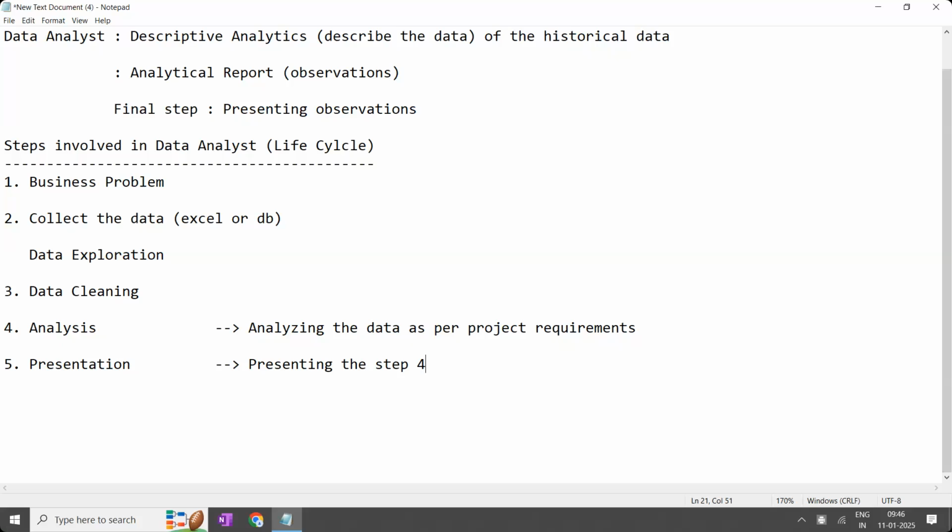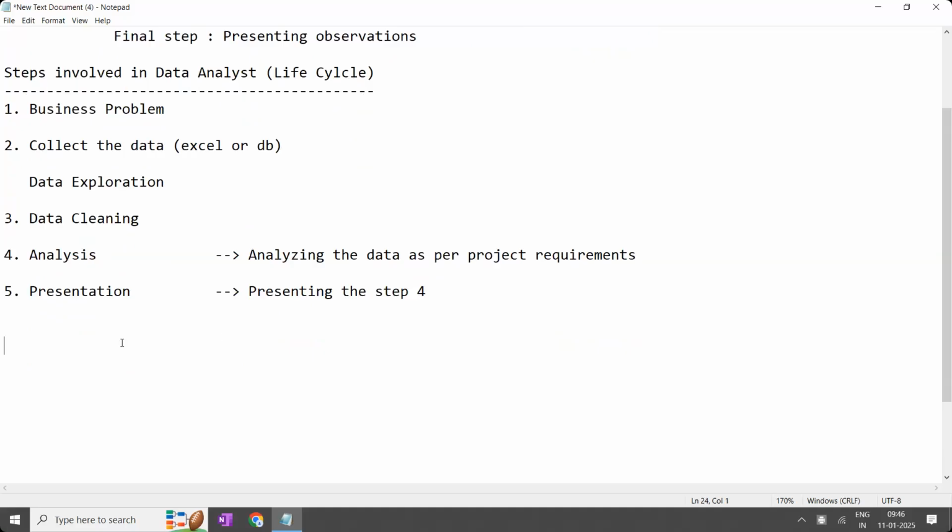So the requirement differs from person to person, and based on the requirement we do the work. When we are doing all these things, we have different options: Excel, Python, SQL, and Power BI. Now, in this class, some of the students are very good at, maybe already experienced in, Python as Python developers. Some of the students already have experience in SQL, maybe as SQL developers. Some of the students are already working in Excel, so they have experience in Excel.